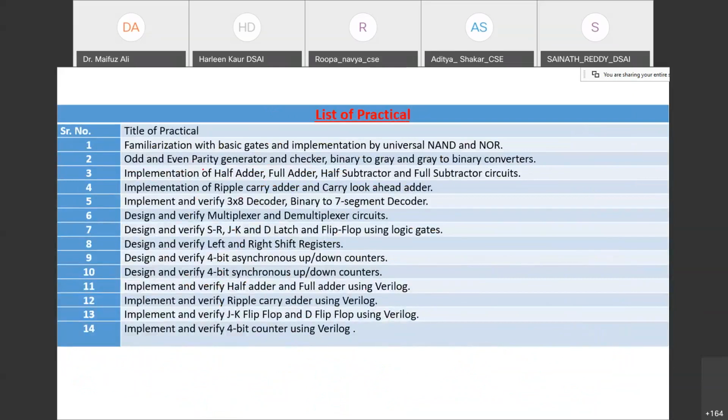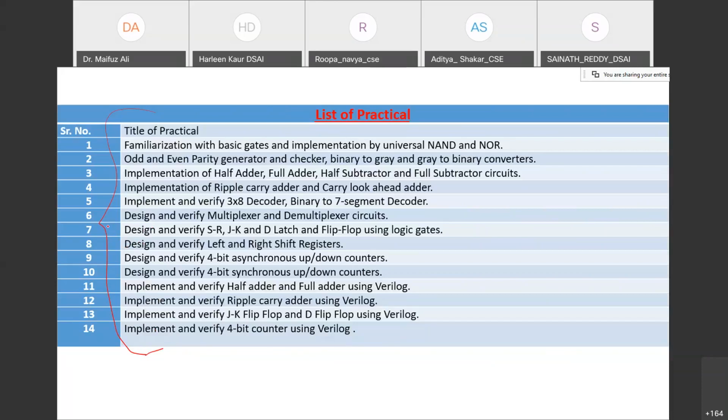These are the list of practicals. Generally, we were doing this type of practical, but due to the pandemic situation, as you are not able to come to our institute, you cannot implement this type of practical using any hardware. But let's see if we can implement this through any available software tool. Otherwise, we have to avoid this experiment right now. Later, we have to take a decision about this practical.